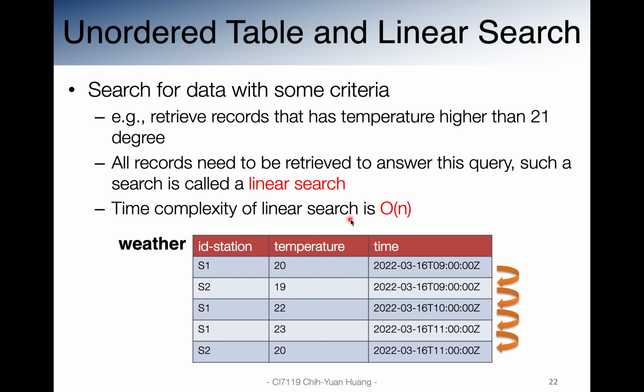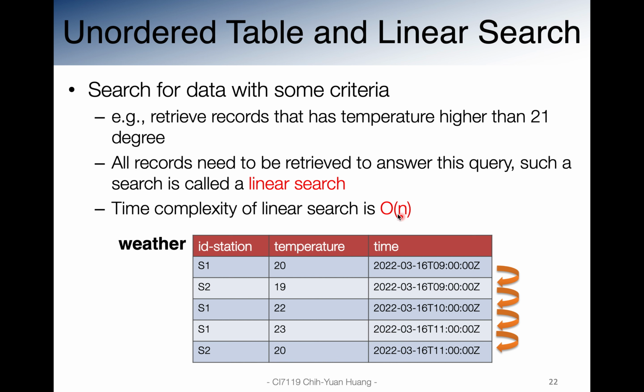For the worst case scenario to execute this linear search, we need to go over everything. We need to go over all the records to answer the query. So the O of n, this big O notation, means that the n